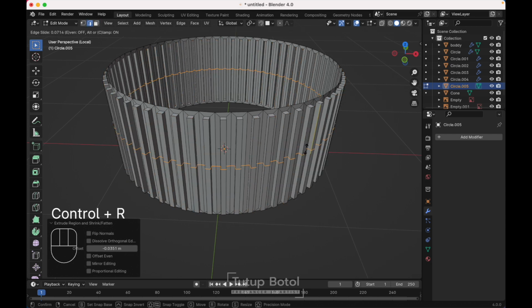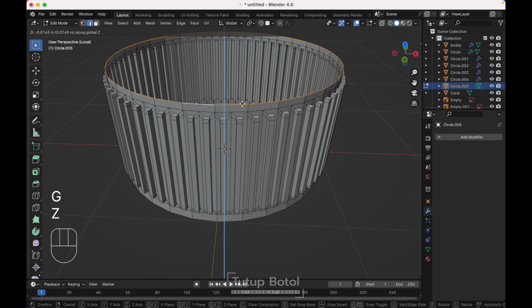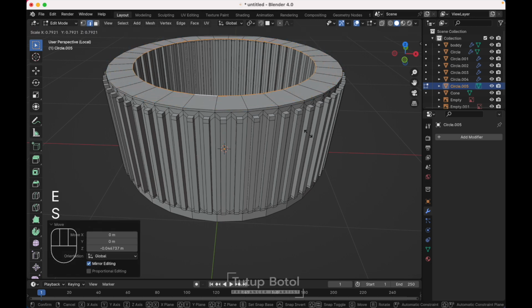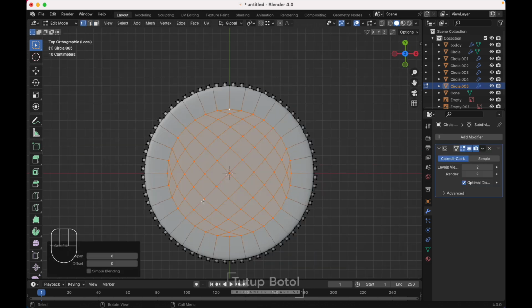press Ctrl R, add a loop cut here, loop cut down here, press Alt H, select this one, G, move it up like this, press E S to scale it, go to the top view, Ctrl F, grid fill,